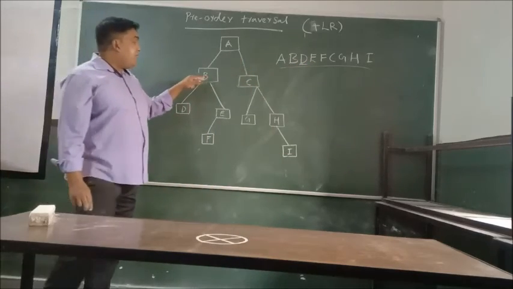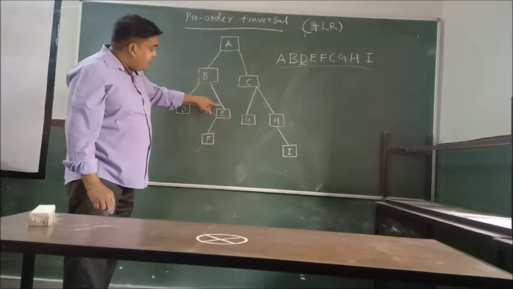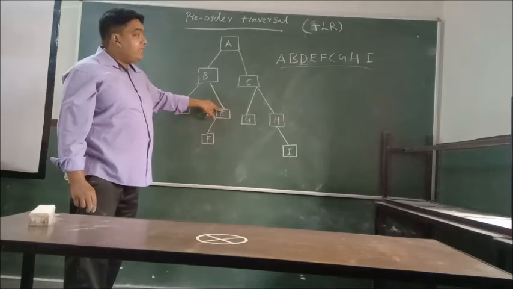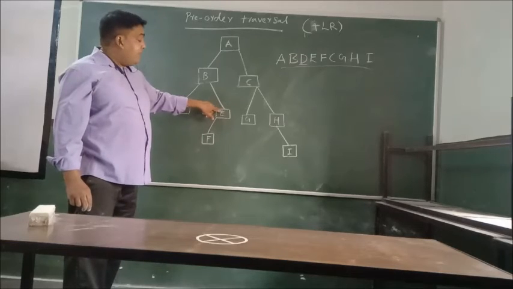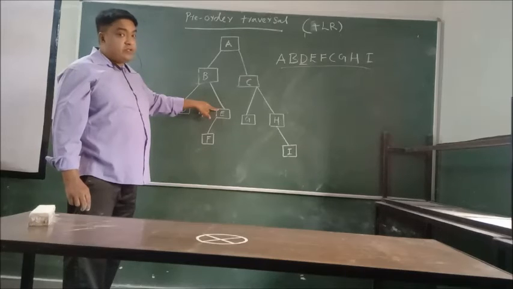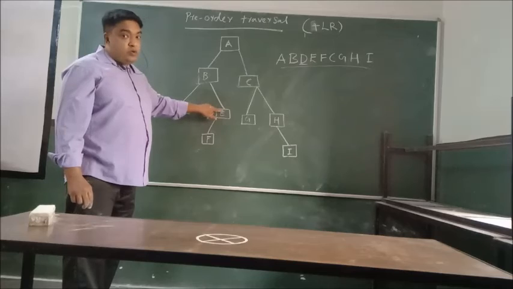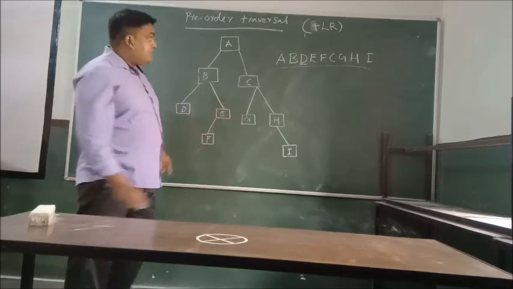Now coming back here, we process the left of B. Now the right side of B. Again coming to the node E, we can say that E is the new root. So E is that.